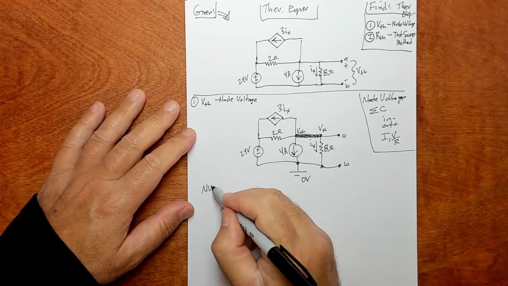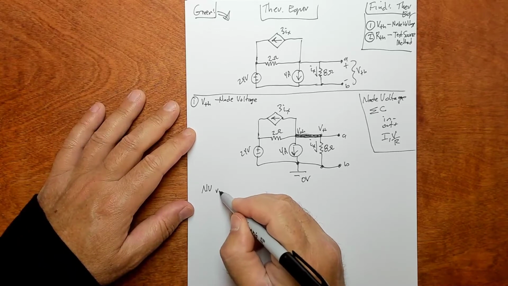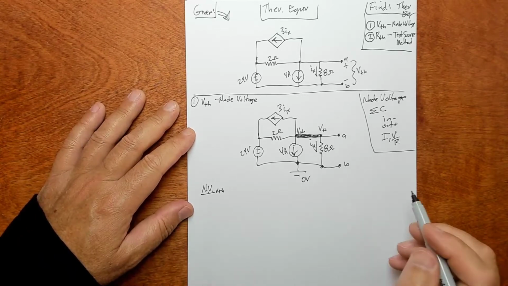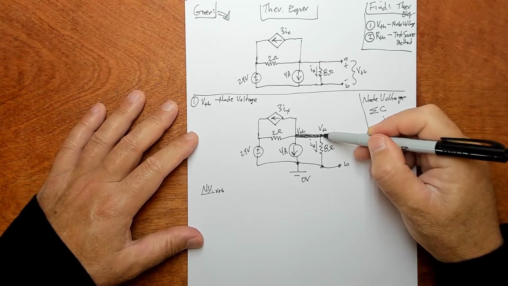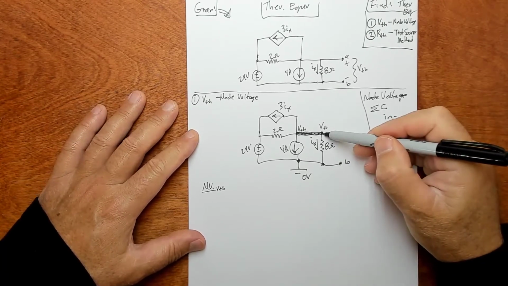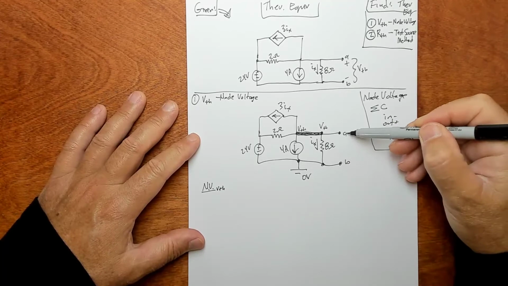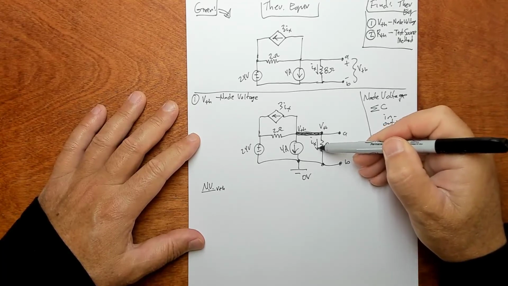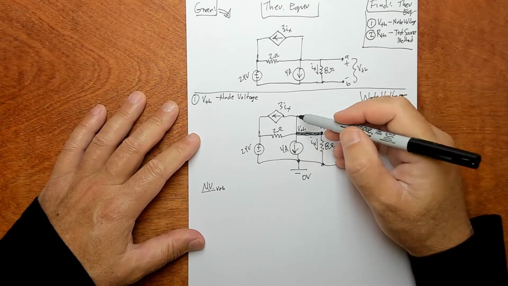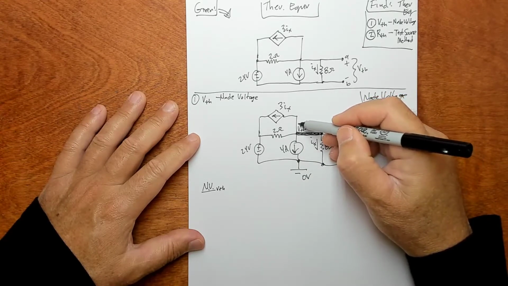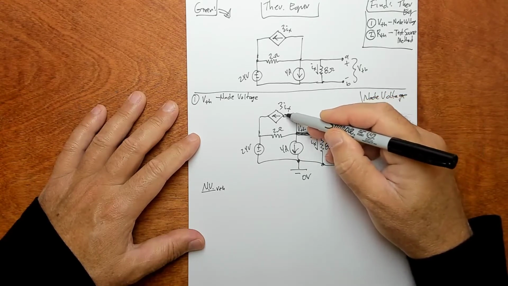So node voltage at, let's do V sub Thevenin. Write a node voltage equation at this terminal right here, so at this node right here, which is also terminal A. So we have ix coming out, we have 4 amps coming out, we have 3ix coming out, and then